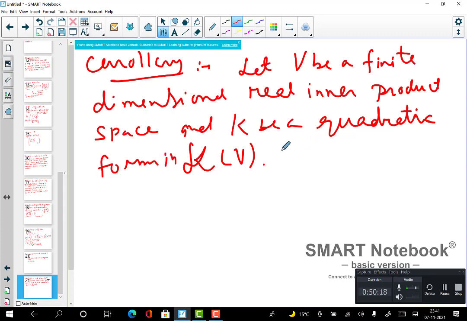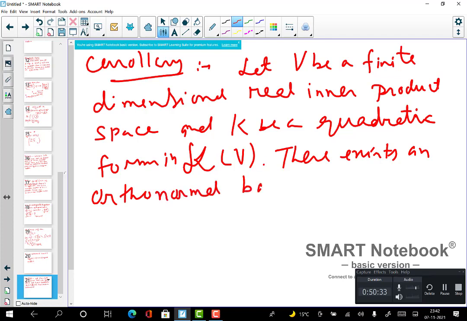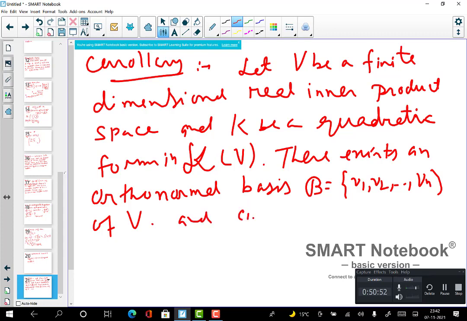So with this case, there exists an orthogonal basis B of V, V1, V2, ..., Vn. This is the basis for V, and you have scalars, say C1, C2, up to Cn, which belong to